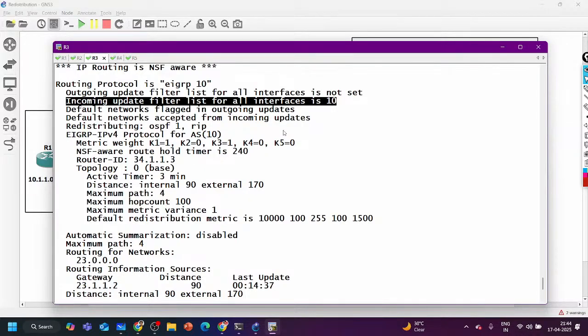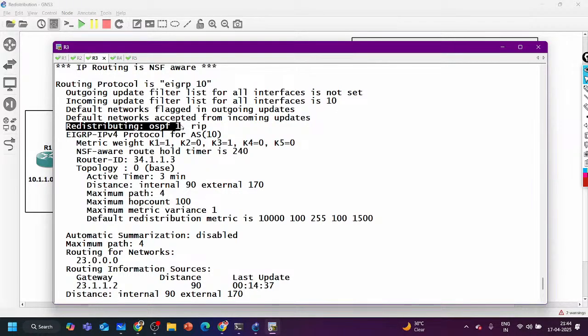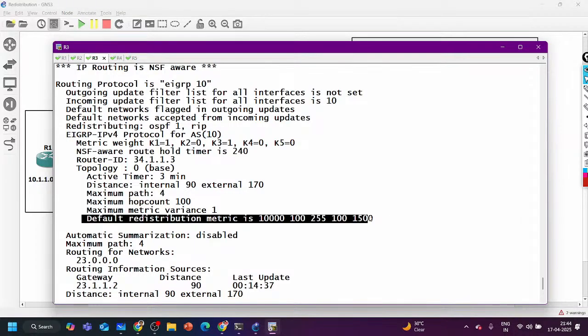This is fine. About the redistribution, yes, there is information. You can see redistributing OSPF process 1 and RIP. You are redistributing OSPF process ID 1 and RIP into EIGRP AS number 10. Right? And here is your default redistribution metric.